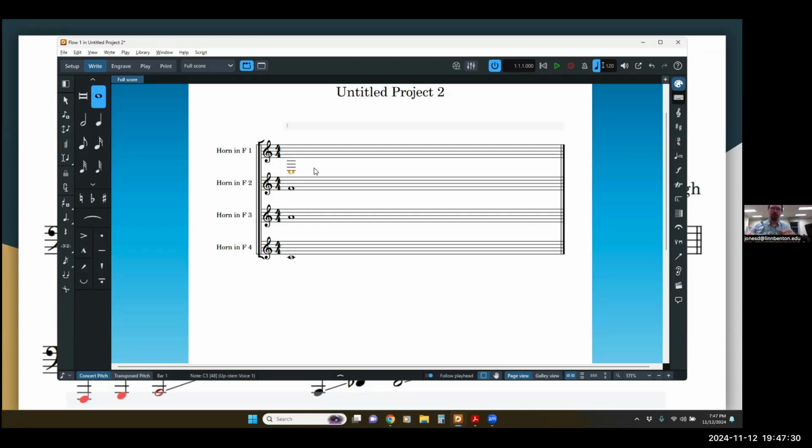We're used to reading ledger lines that low, especially if it's just for an isolated note. A lot of horn parts will do something like that, or they'll just go down to that low C for one note or so. And it's fine to write it in treble clef,